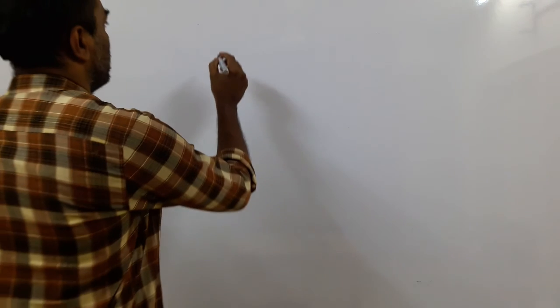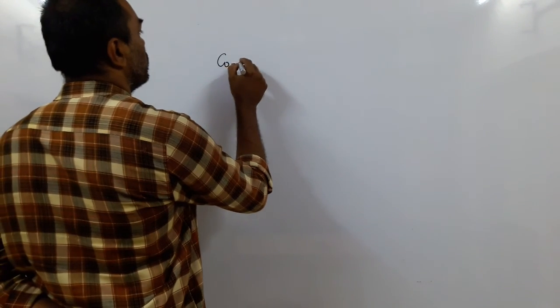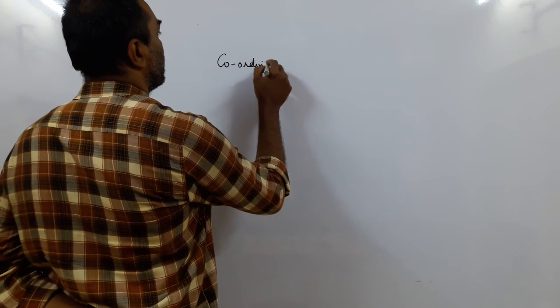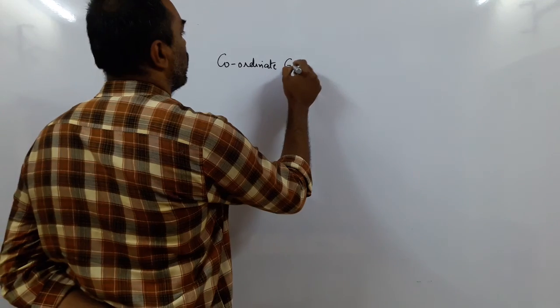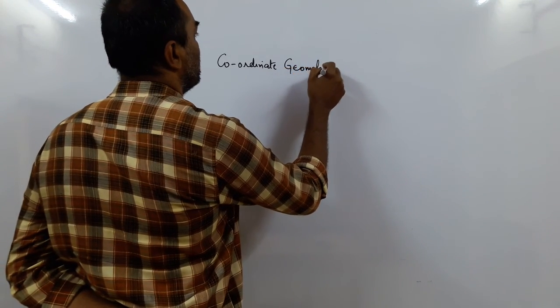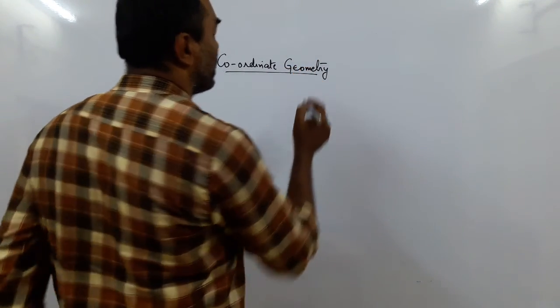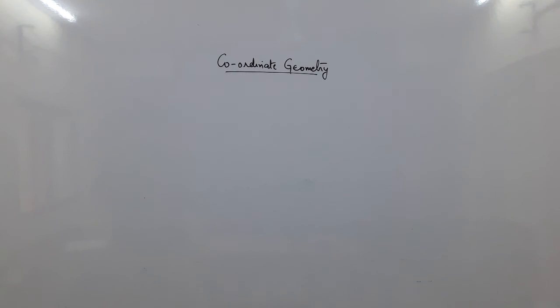Good morning friends. So today we are going to do the last part of the chapter coordinate geometry, and this is plotting the points on the graph paper. So you will need a graph paper. If you do not have a graph paper, then first please collect a graph paper. You know how a graph paper is, right? It is green in color.